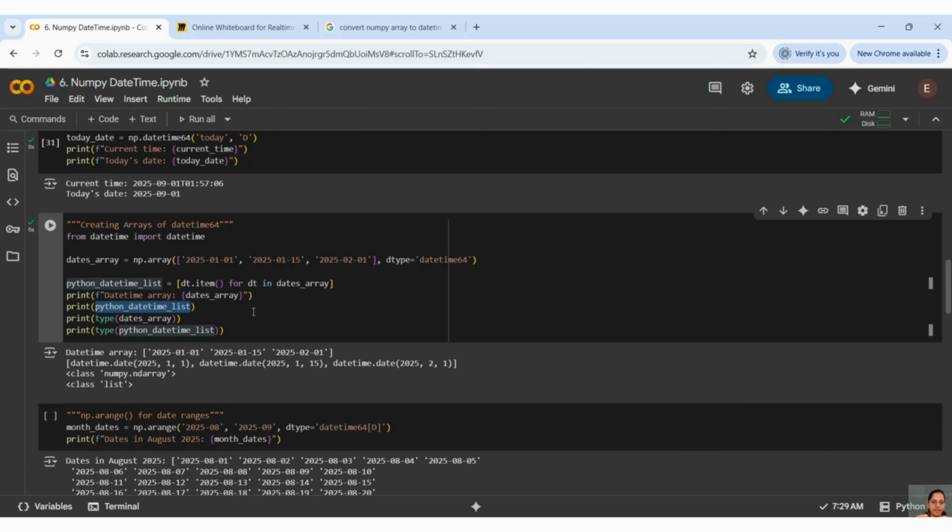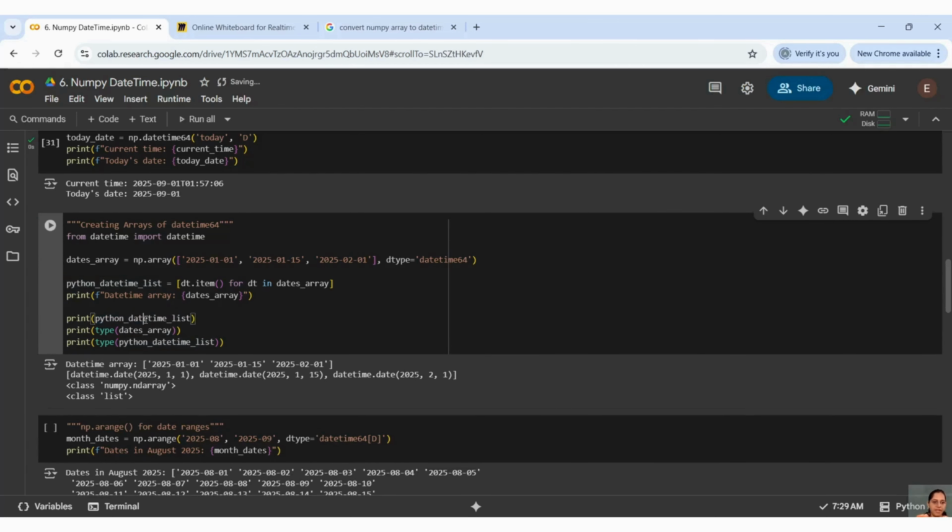Here I'm printing the Python datetime list. It is giving me datetime.date, right? The first date, the second date, and the third. It has converted into single units, right? Now I want to see the type of dates array. It is giving me ndarray. And now I want to see the type of the Python datetime list. It is giving me a list, right?